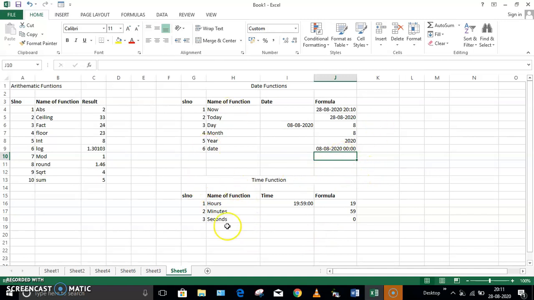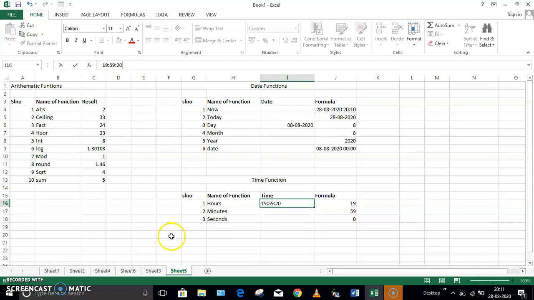Now let us move on to the time functions. Whenever you wanted to find the time, that is in the form of hours, minutes and seconds, you can use this kind of function. Here I have taken some time format. I will give 19 hours 59 minutes and 20 seconds for example, and in this I just wanted to find the hours.